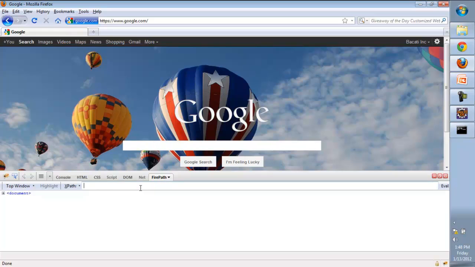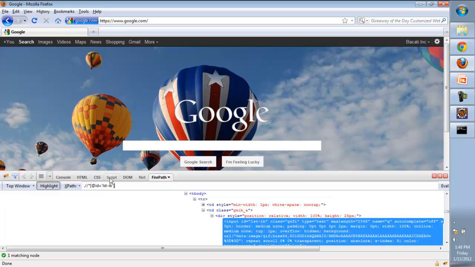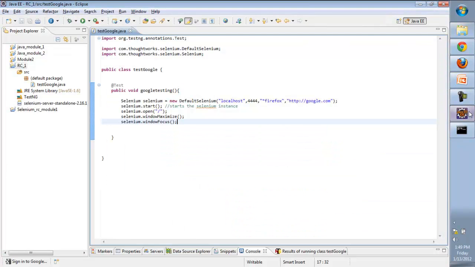So how will you find the XPath? You need to click on this button. This is the inspect element button. You'll take it over here and then click on it. This is the XPath of this search text area. You'll copy till this. You don't have to copy this dot. You'll copy the XPath till this only, and then for typing inside the search area you need to write